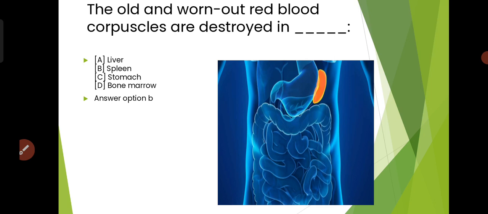Talking about spleen, spleen also stores and filters blood, and it makes WBC, that is white blood corpuscles,